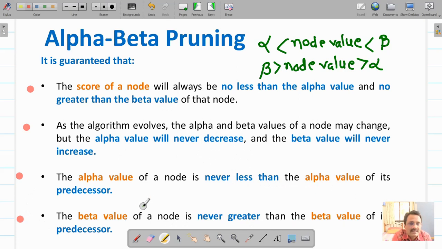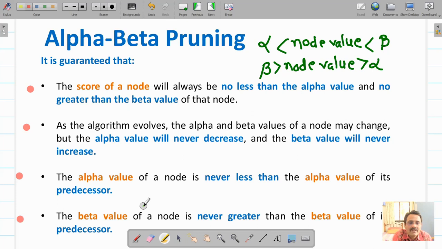That means alpha is basically the minimum that I can take. The alpha value tells the minimum that I can take, and the beta value tells what is the maximum that I have to give. So as the algorithm moves, the alpha beta values will be updated.